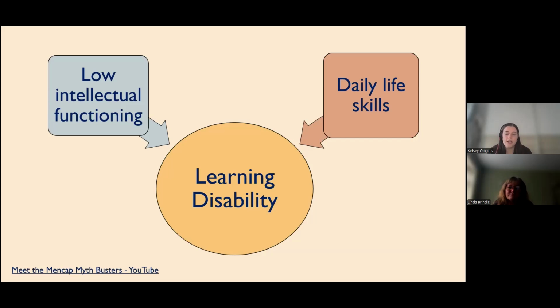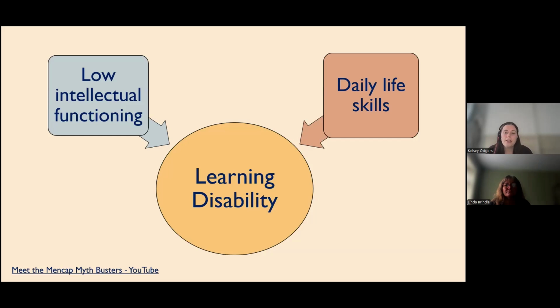And diagnosis of this usually comes from formal cognitive tests to explore these different areas, usually completed by a psychologist. The second criteria for diagnosis of learning disability is significant difficulties with daily life skills, known as adaptive functioning, again, compared to what you would expect for the child's age. So this would be across a range of different areas, such as difficulty with independence, with friendships, with activities of daily living, such as eating and drinking, getting dressed, hygiene, as well as safety in the community.